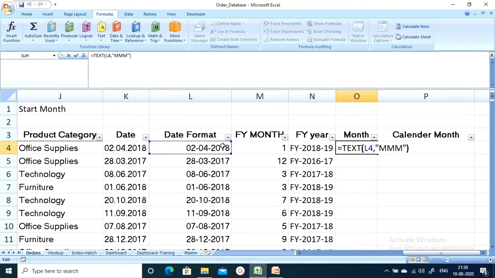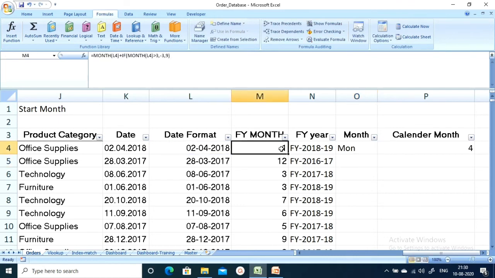Suppose I want to get the year, it will convert the date into a text field and come as year. If I want to get the day, DDD will display the day of that particular date.